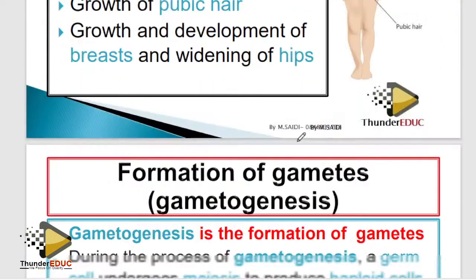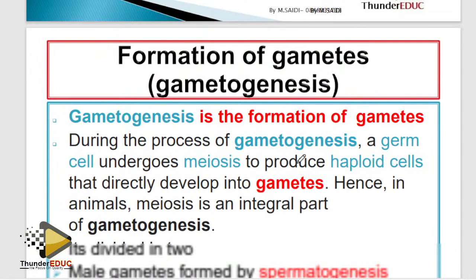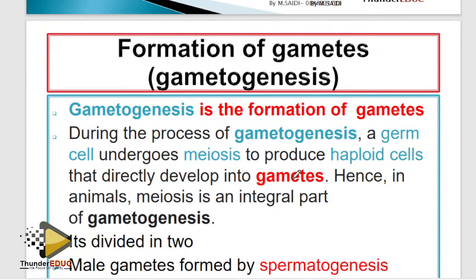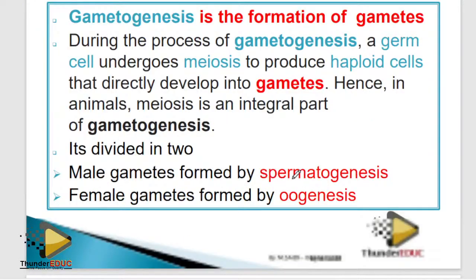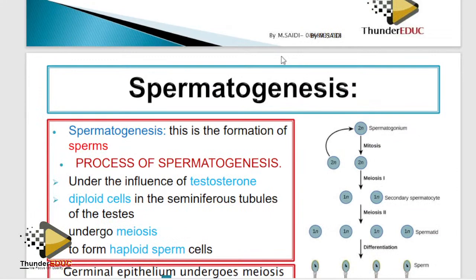Characteristics, I'm not going to waste time on. Here is the issue. Guys, formation of gametes, which you call spermatogenesis and oogenesis. This formation of gametes, spermatogenesis and oogenesis, I'm going to explain to you. I know that there are so many books which have this complex process of spermatogenesis.